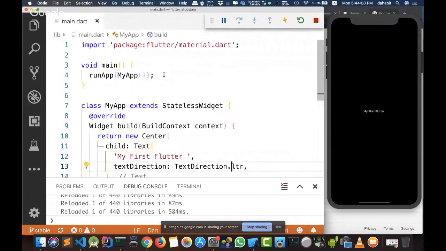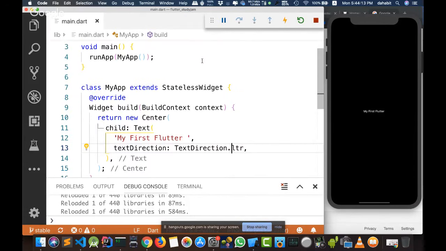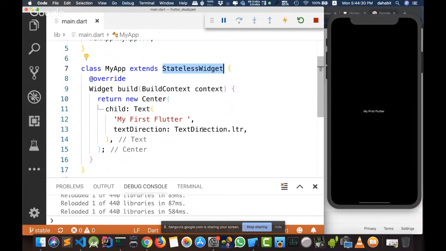And to start our application, to review what we did, we imported the material library package and we wrote our main method. And inside our main method, we are running our application with a class that extends the stateless widget. And we will know more about stateless and stateful now, inshallah ta'ala.